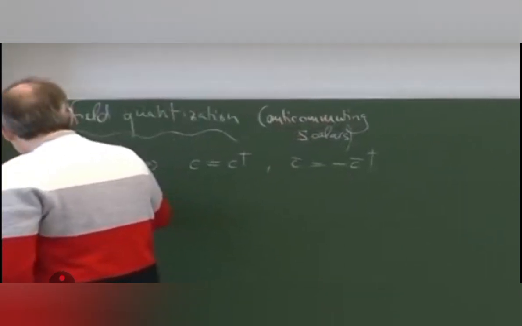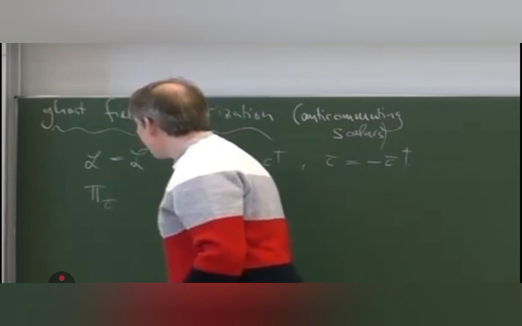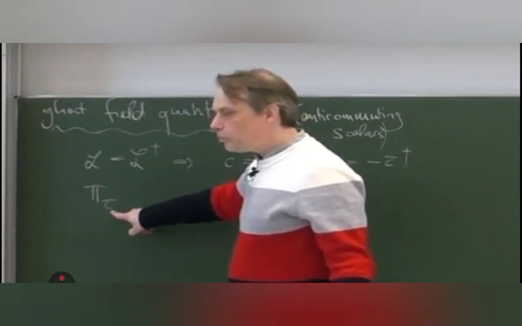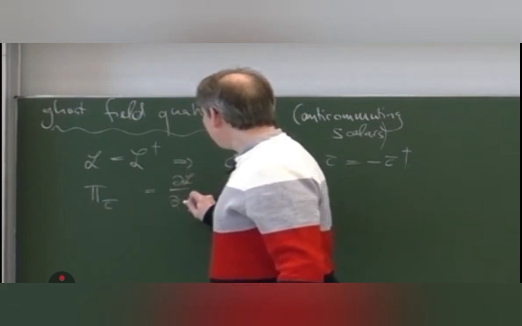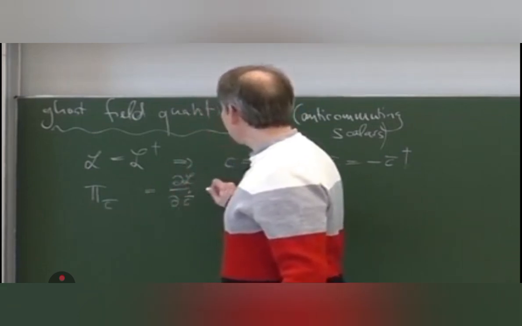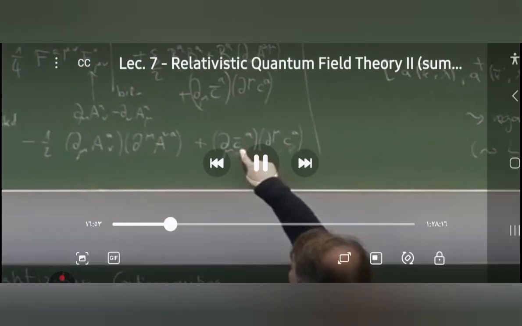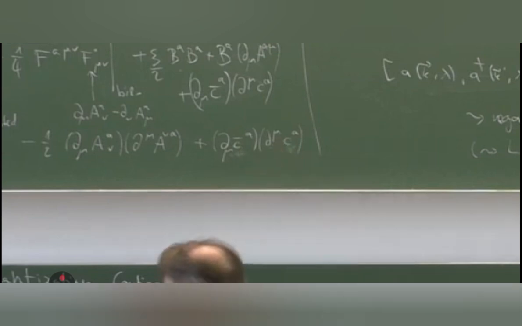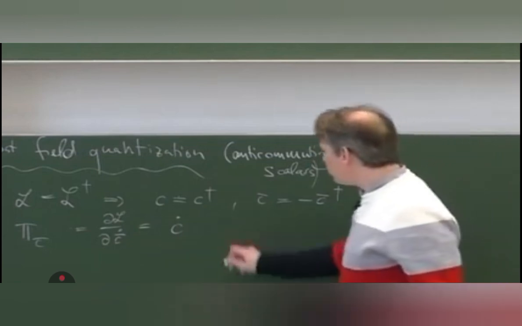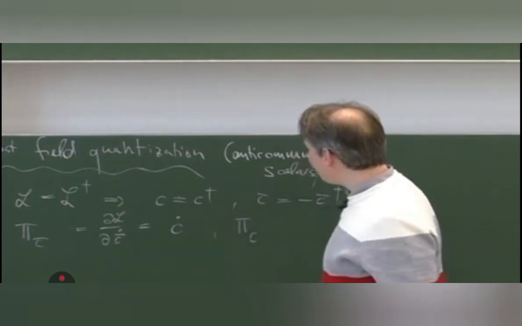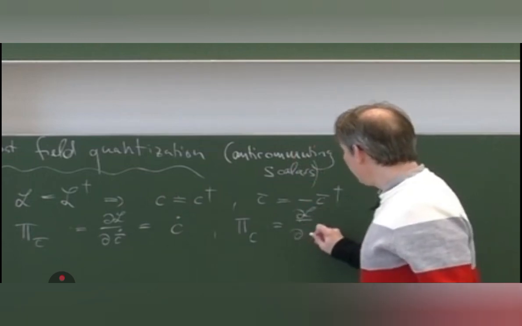So then we do canonical quantization with anti-commutators. And so we can start with the canonical momentum to C bar, pi C bar, which is defined as the derivative of L with respect to C bar dot. What is the derivative of L with respect to C bar dot? Here is C bar dot times C dot, so the derivative is C dot. So that is the canonical momentum for C bar. And what is the canonical momentum for the ghost C? It is given by the derivative of the Lagrangian with respect